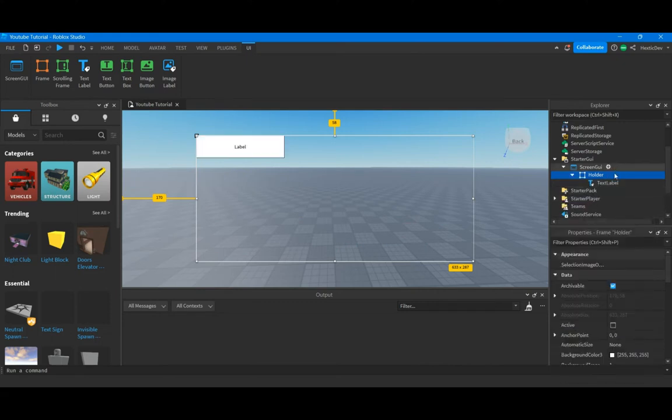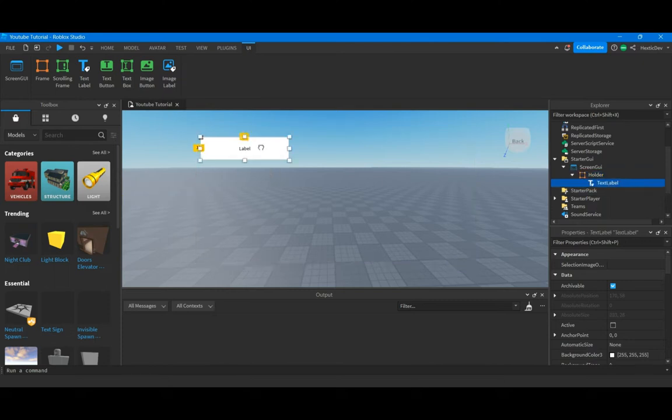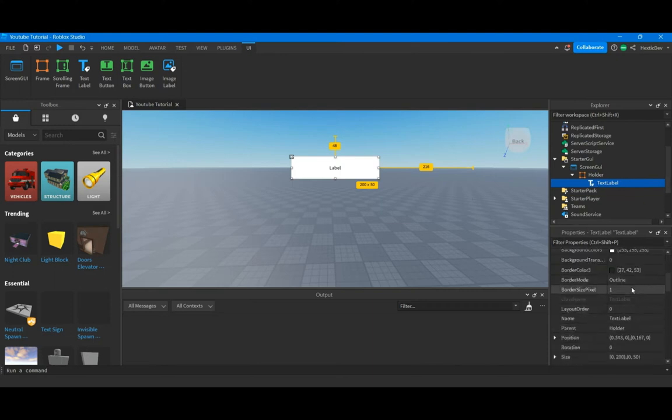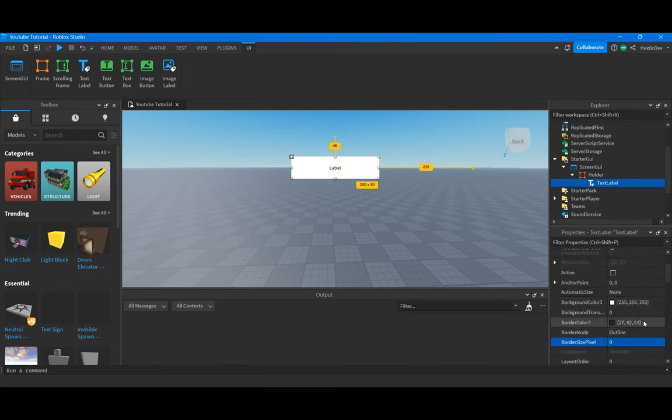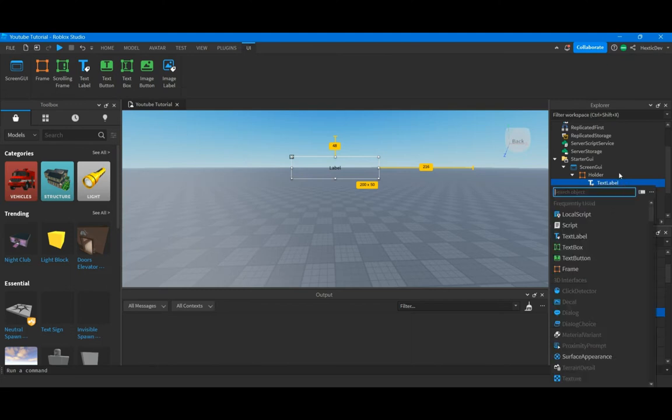We don't need this visible, as this is just going to be for inserting the text labels and text buttons inside. For example, this text label here. We're going to insert a text label, and then we'll try to find the center. There we go. Let's see how far up. Okay, we still got more than enough room. Okay, cool. So from there, we're going to go to border size. We're going to do 0. And then we can do 1 for the background transparency, as this is just going to be for something to